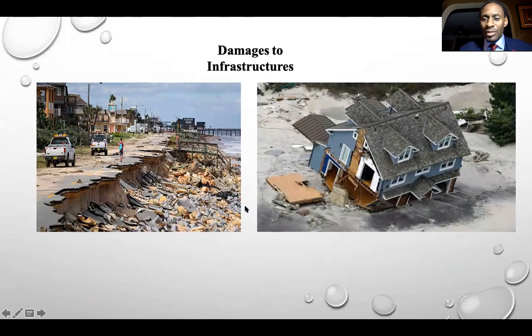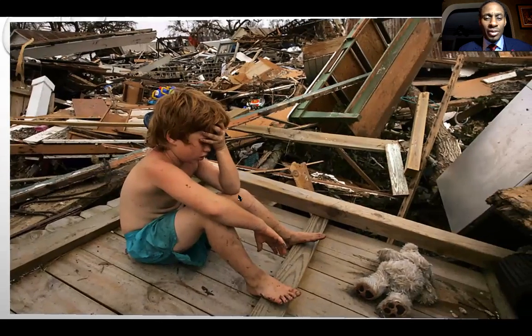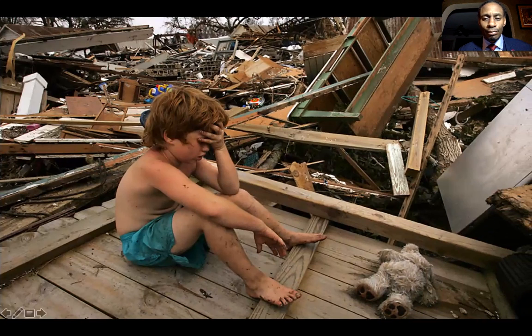And right now we have the little house that's owned by a famous person. You may know her. Her name is Dolly. This house was once in Kansas, but not anymore. The storms and hurricanes came and tore it apart. Damage to infrastructure is one of the biggest problems. You lose the property. What do you do when you have to start all over? This is a boy sitting in what used to be his room, and that's gone. So,